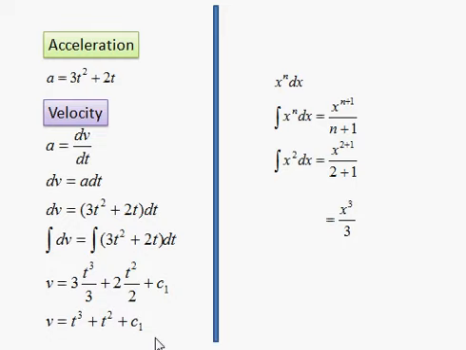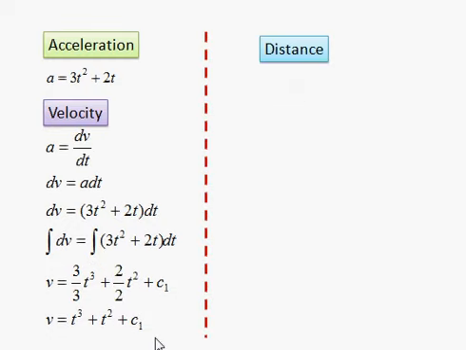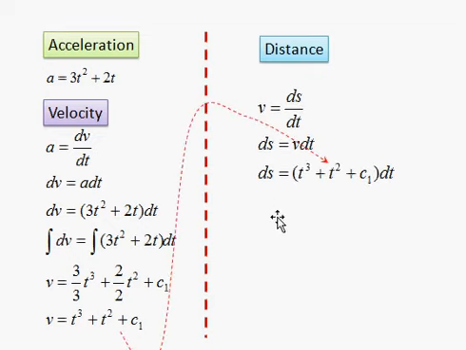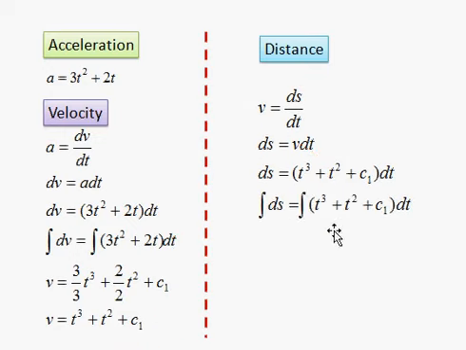Yet another equation is needed, which is for distance. And distance can be related with velocity like this. That is, velocity can be defined as change in distance with respect to the change in time. And as we need the distance formula, let's keep distance on one side and the remaining terms on the other side. Introducing the velocity term here and integrating, we get the following answer. Since we saw how to integrate, I'm not going through that here. So after integration, we get the equation for distance like this.